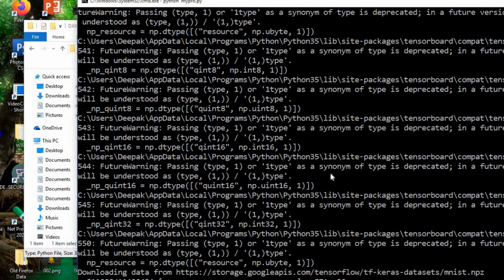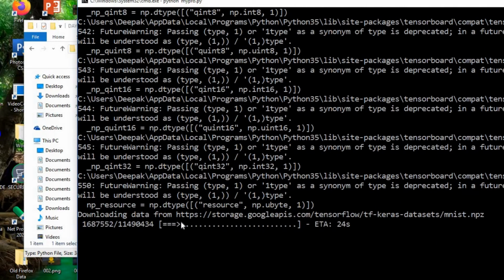This is responsible for downloading MNIST data inside a Keras dataset. This download will depend on your internet speed. It's not so big data. Now, MNIST data is nothing but handwritten data of numbers.